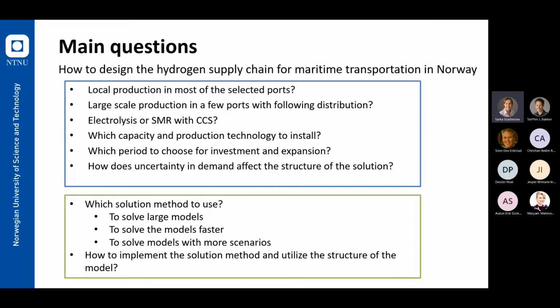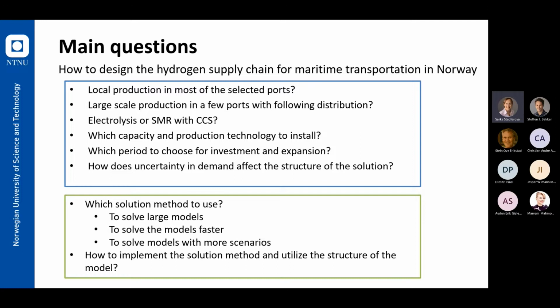So first of all, we have to decide whether we will go for local production in most of the selected ports or for large-scale production in few ports and following distribution. It's also connected with the decision which capacity and production technology to install, because we can choose electrolysis, which is more favorable for small quantities and small-scale production, or steam methane reforming with carbon capture, which is more relevant for